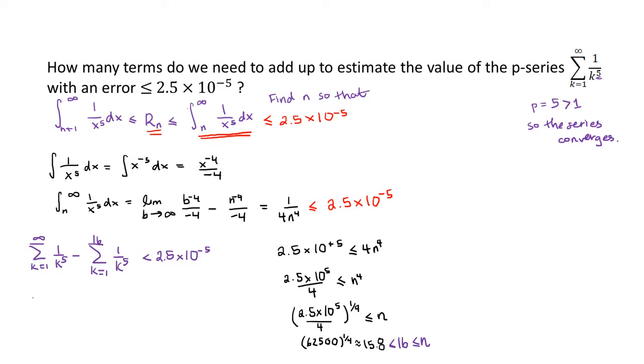Indeed, we find that our sum of the series is less than or equal to 2.5 times 10 to the negative 5th plus whatever this sum ends up being. Okay. And we know that our sum is going to be more than just the partial